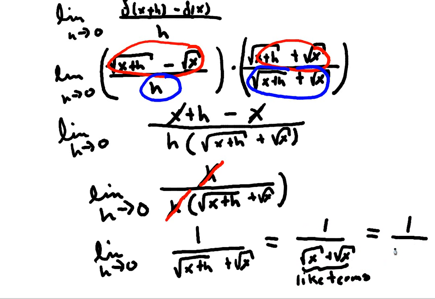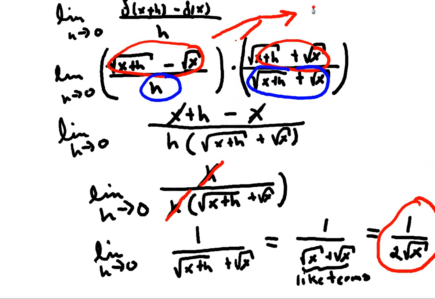Now in the limit as h approaches 0, this is simply like having 1 over the square root of x plus 1 over the square root of x. These are like terms, and our expression then becomes 1 over twice the square root of x. This is our solution. Just want to emphasize